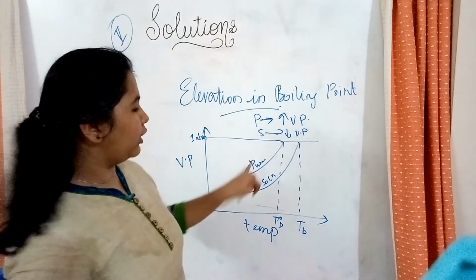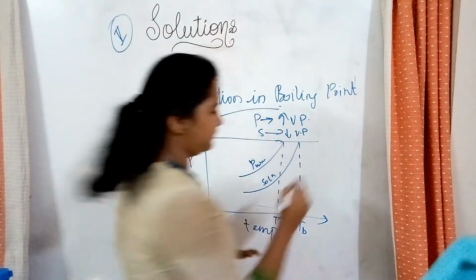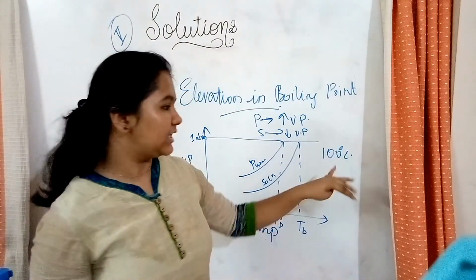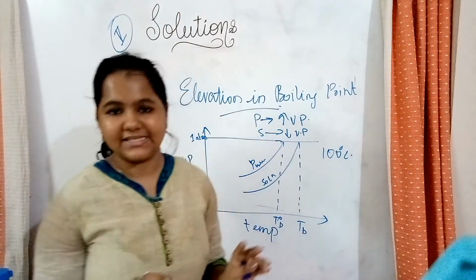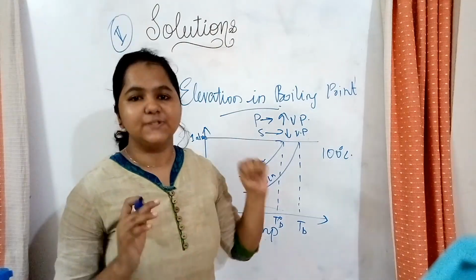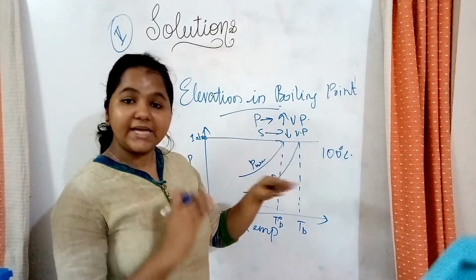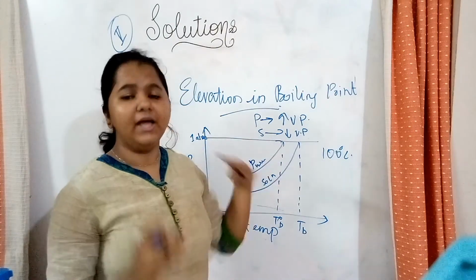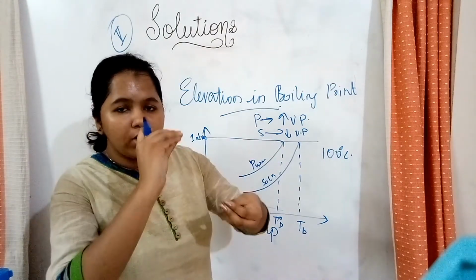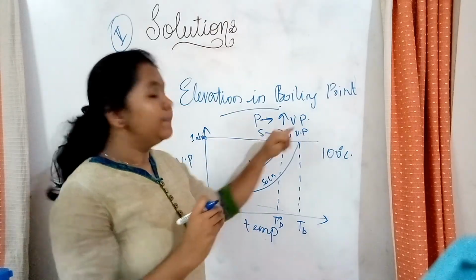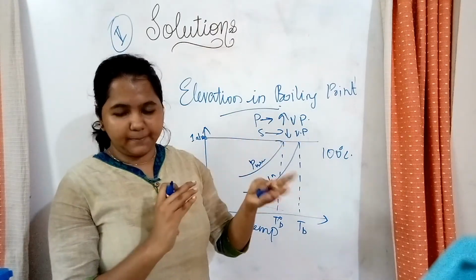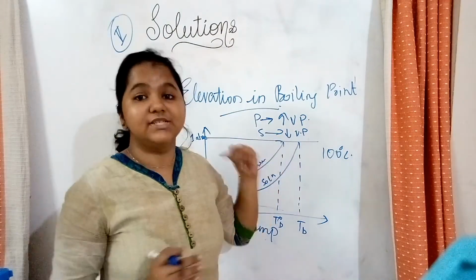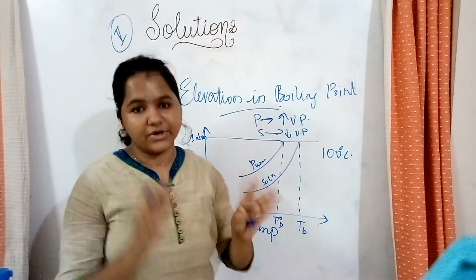So what would happen? Let's take the case of water. Water boils at 100 degrees Celsius. If you add salt to it, it will have a higher boiling temperature. Why is that? Because in the pure state the vapor pressure is more, it's easier to make it reach the atmospheric pressure. To make it 1 atmosphere, it's easier because there's only a little difference between the atmospheric pressure and the vapor pressure. When you come to the second case, the solution, you know that the vapor pressure is already low.